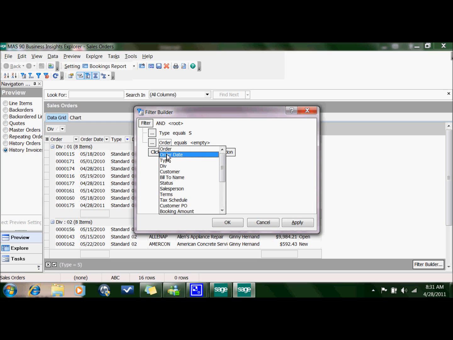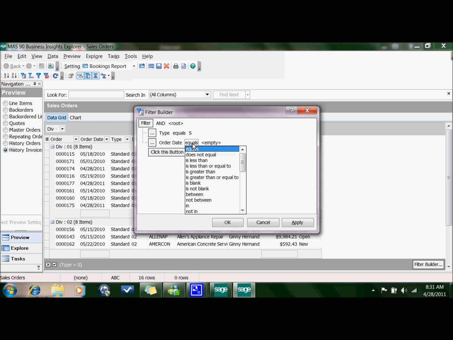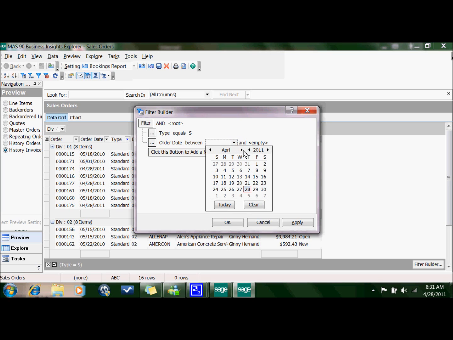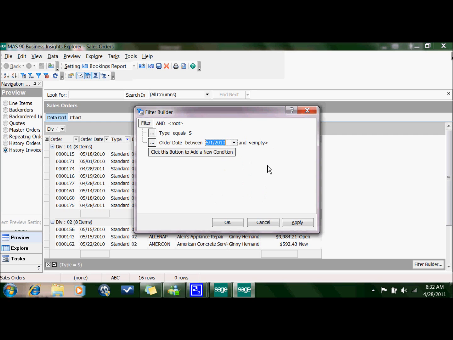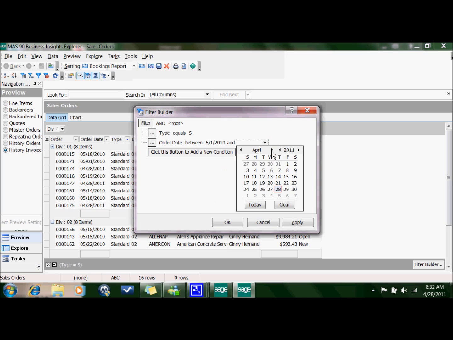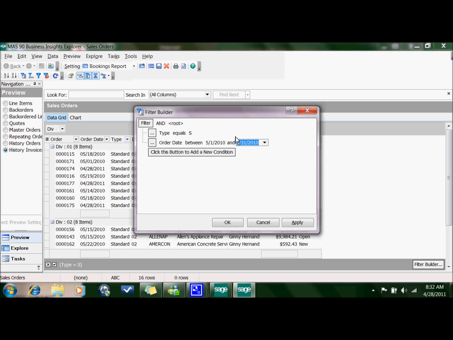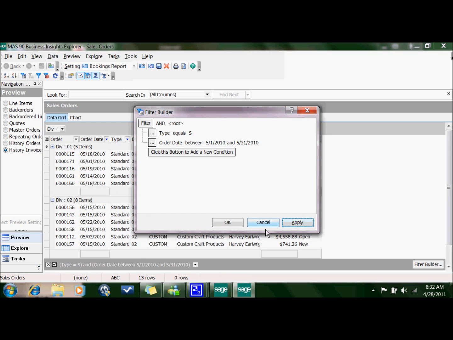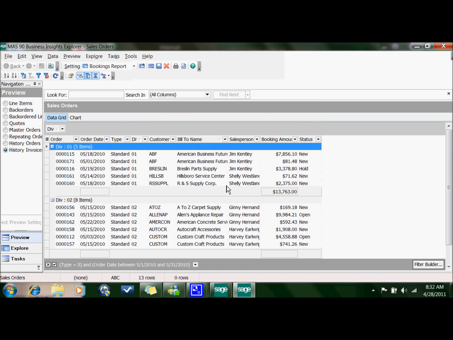I'm going to tell it that the order date is what? It is between May 1st, 2010. I've got a calendar. Whoops, I want to say 2010, not 2011. And May 31st, 2011, and I'll apply the filter. Once I click OK, now I only have May